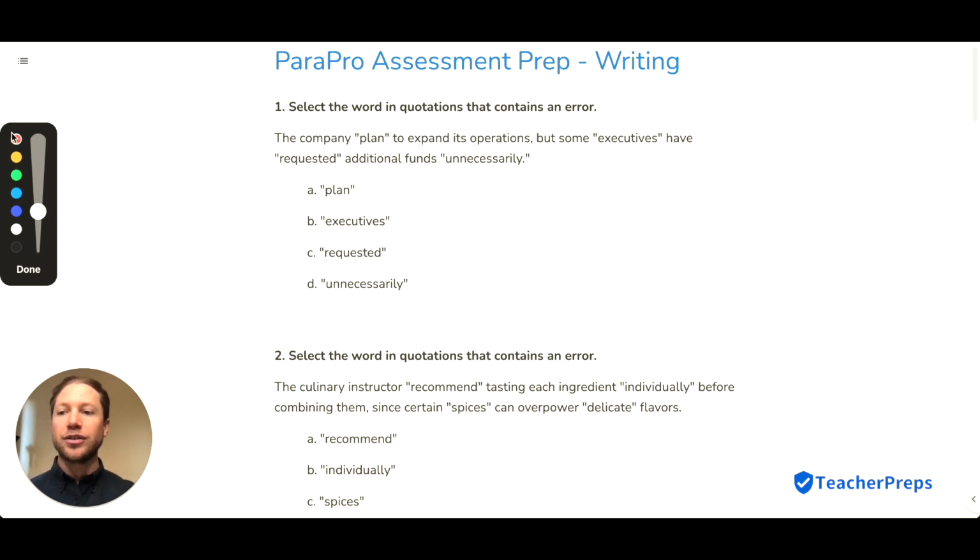All right, so let's use red here. Now, the selected sentence reads, the company planned to expand its operations, but some executives have requested additional funds unnecessarily. So this plan is lacking in S. The company plans. So that would be A. All right, now let's go on down to number 2,